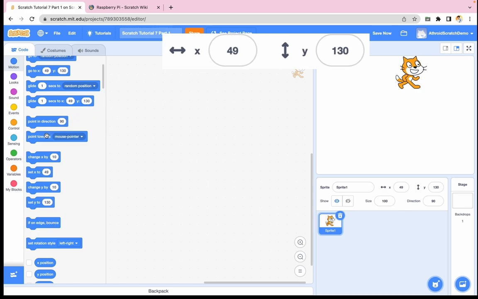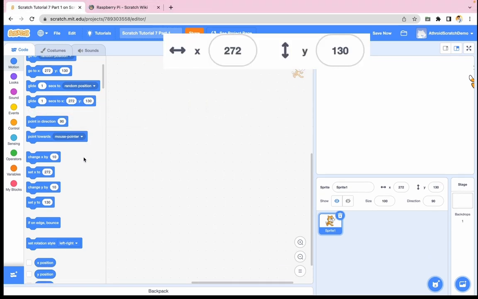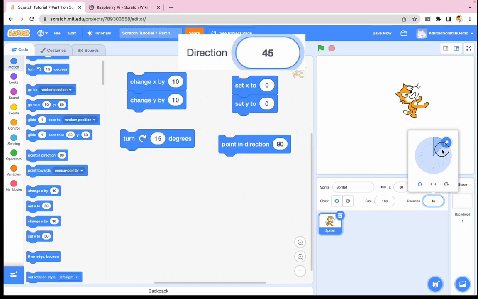And then same thing for this one, which moves it to the last episode. That didn't work properly, but anyways, now rotation of the sprite. The default direction of the sprite is 90 degrees, and when the direction reaches 180 degrees or more than 180 degrees, it flips around, and then it goes to minus 179. This makes dealing with this a lot easier, as the